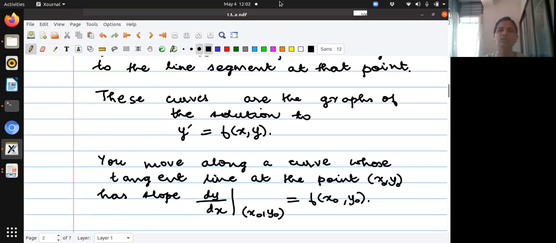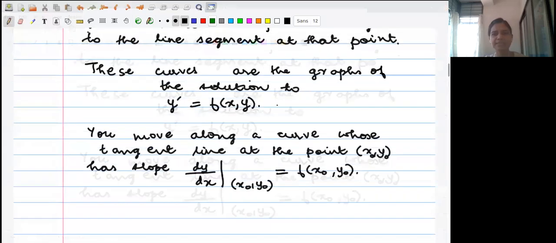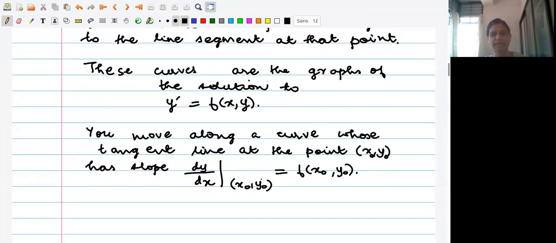So what is it that you achieve by the direction field? This is the bottom line. The solution curves are exactly the curves whose tangent lines are these direction fields. The tangent line to the solution curve at the point xy is the short line segment that you have associated. Now you know the tangent line and you know the base point xy, so you draw a curve along that. Is that okay?